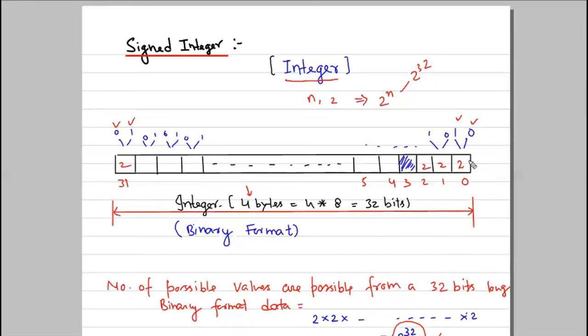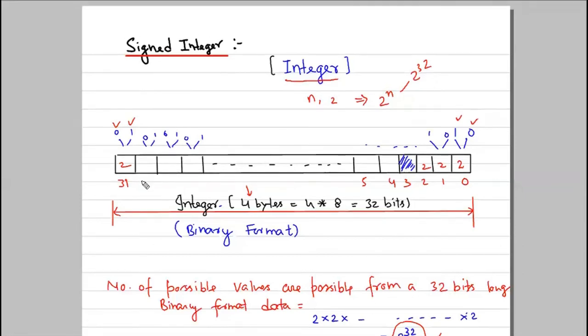Okay, let's discuss the next thing. If it is 1 bit, it means it can be 0 or it can be 1. It cannot be both 1 0 or 0 1. It is 1 bit, so it will always be either 0 or 1. So at each and every bit, either we have 0 or 1. We have two possibilities for each and every bit.